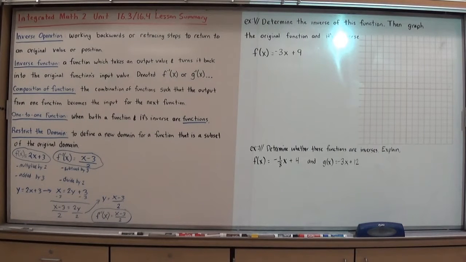There's only one output for every input. It makes it a little easier. What I can do instead is restrict the domain, which is, okay, I'll do the inverse, but I'm only going to use the domain of the inverse that makes sense or that works to keep it a function. Okay, and you'll see that in our last set of examples. This last bit, this one-to-one function